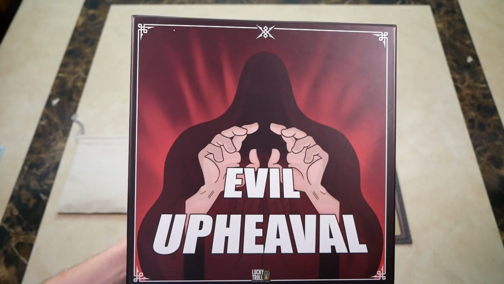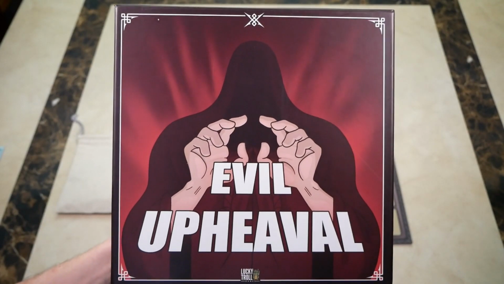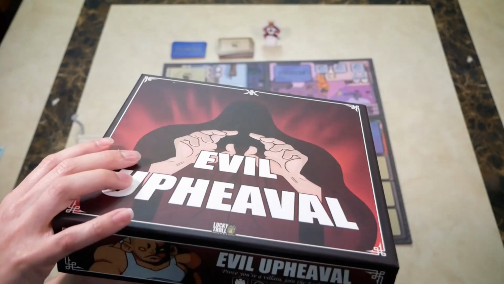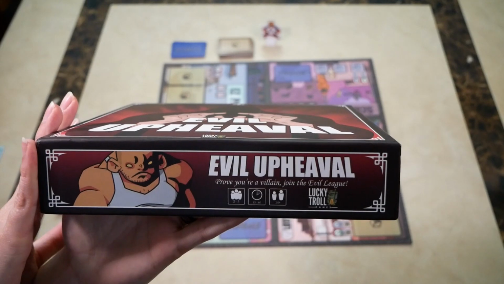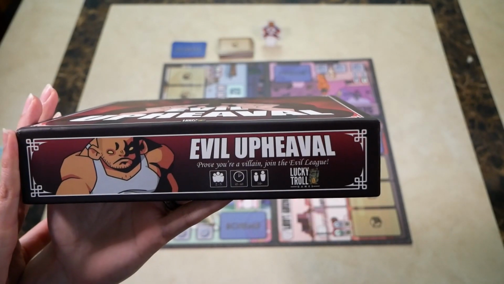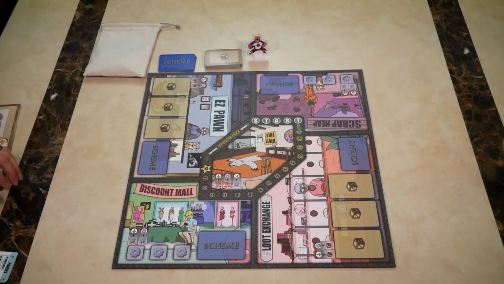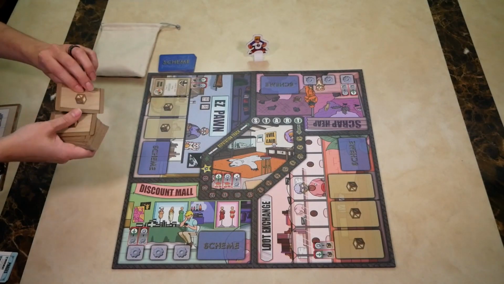Today we're going to talk about how to play Evil Upheaval, a game we got from BGG Spring 2022. This game is 2 to 5 players, 45 to 60 minutes, ages 14 and up, and brought to you by Lucky Troll Games. First, to set up the game, put out the board, shuffle up the loot cards, and deal